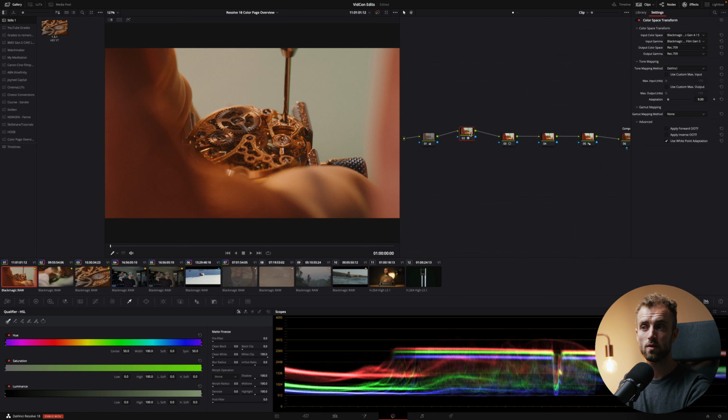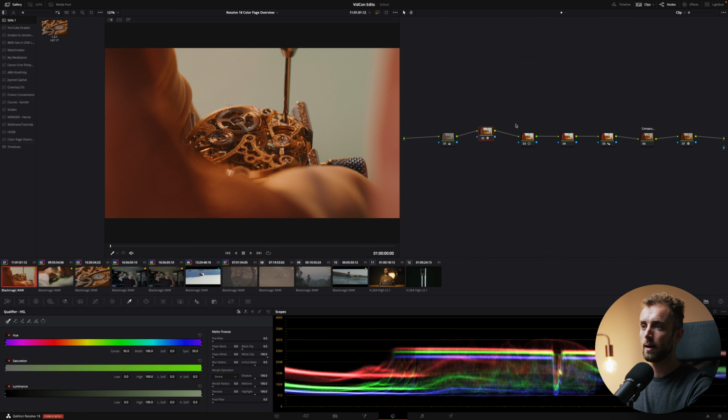And then you do your adjustment to another color space, for example. Of course, you can do it without a color space transform tool, but it saves me a lot of time. And it's a very nice plugin to use. It comes with Resolve, so why not use it? So that transforms it into Rec 709, which is my output color space. Then I go over into my color grading section. So I actually tweak the colors toward somewhere I like it. Yeah, that depends on the project, of course.